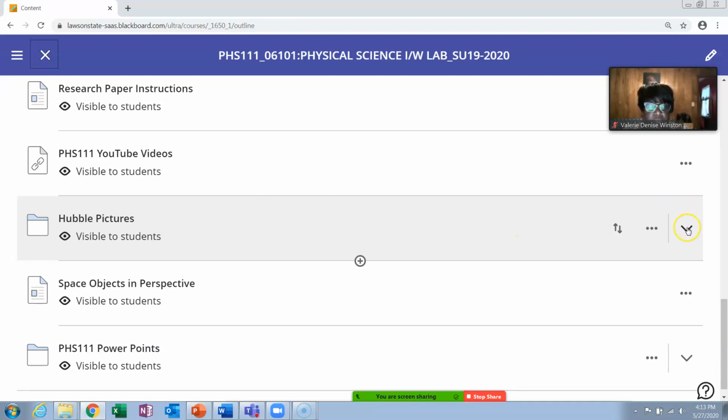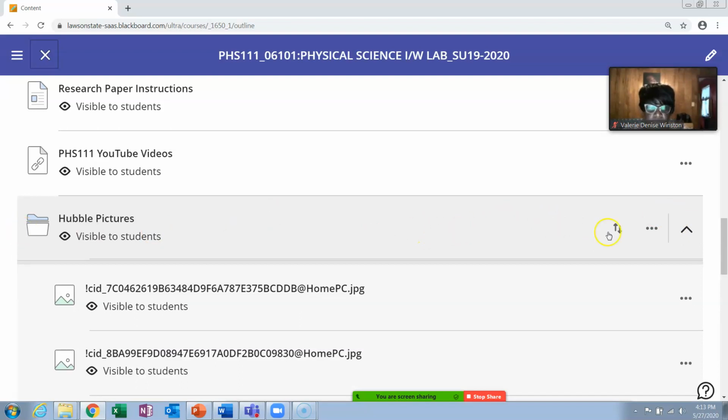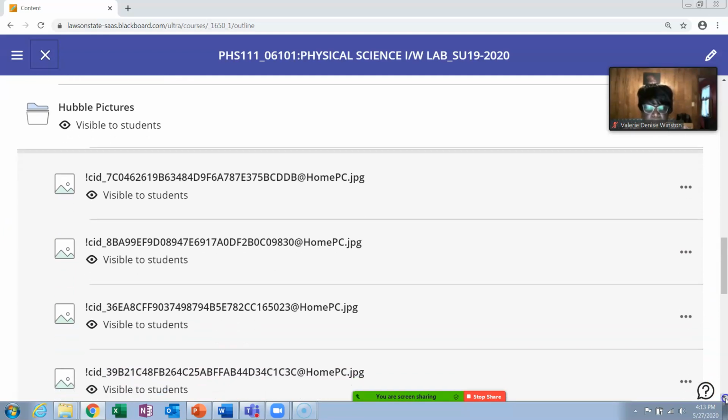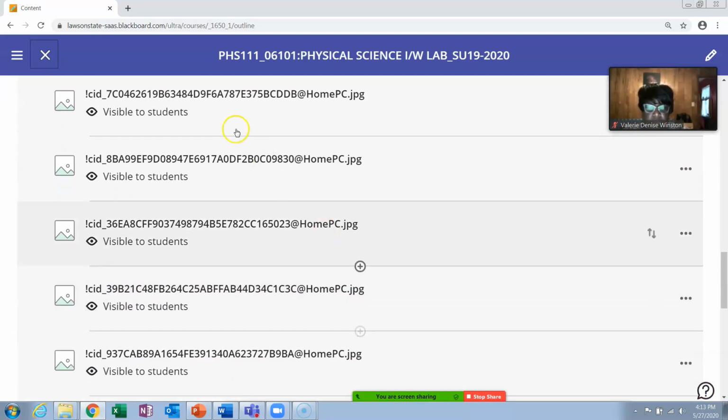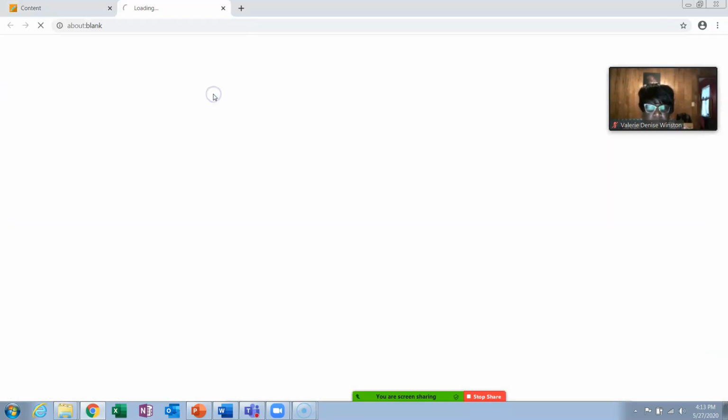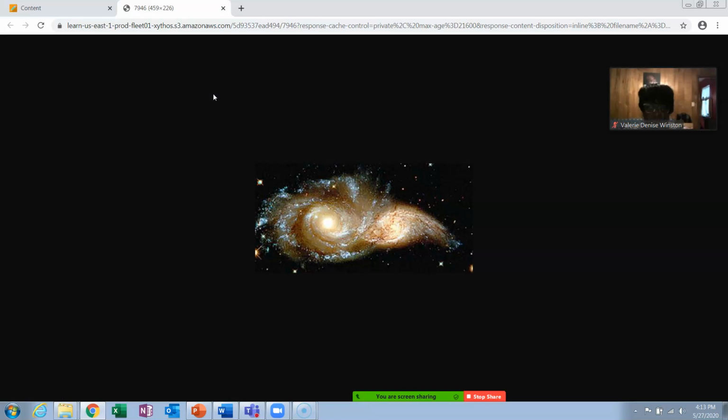But there's 10 pictures here. I'll open those. Anything that's a folder like this, you can click and open them. I just opened the 10. I'll just show you 1 or 2 of them. All you do is click on it, and hopefully it comes up. All it is is a picture taken by this Hubble Space Telescope. Okay? Incredible pictures. You can fiddle around with it, look at it more closely.